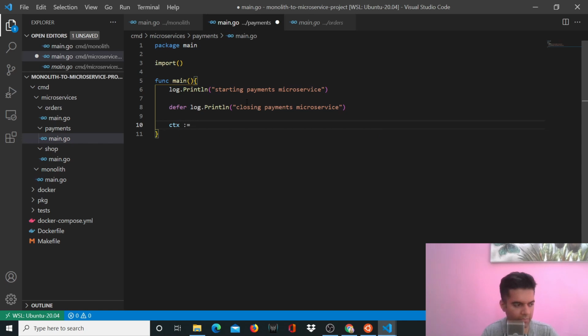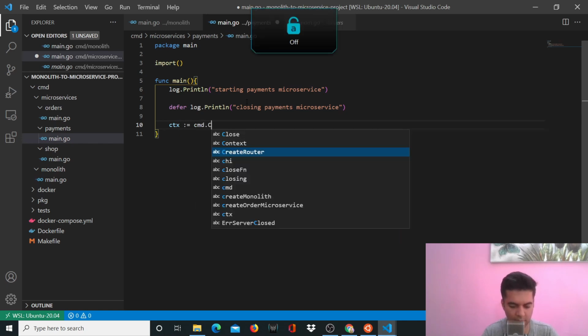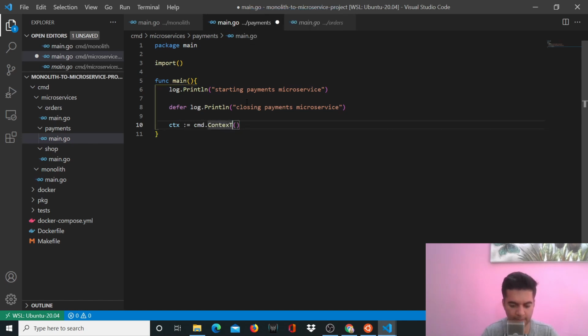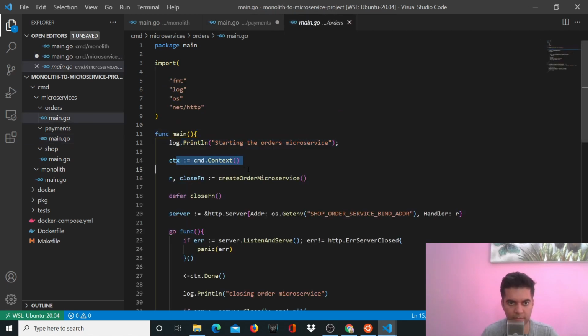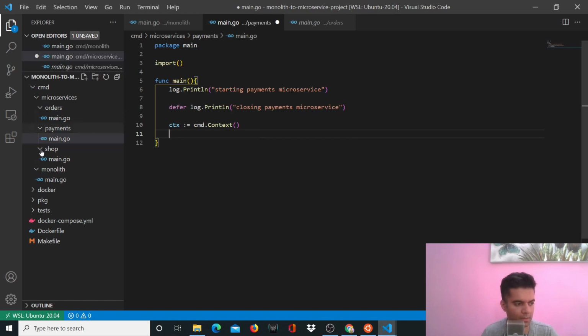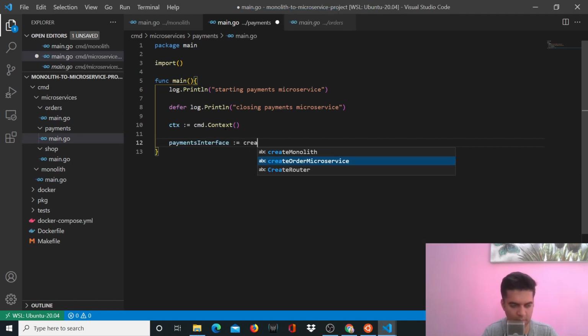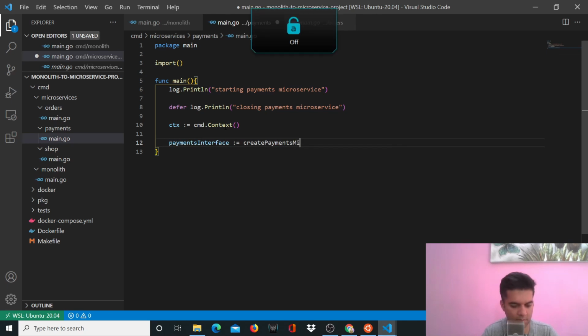And similarly, we'll have ctx, cmd.Context with a small t at the end, just like we did here. And here we'll have a payments interface. So we'll have payments interface, create payments microservice, if err is equal to